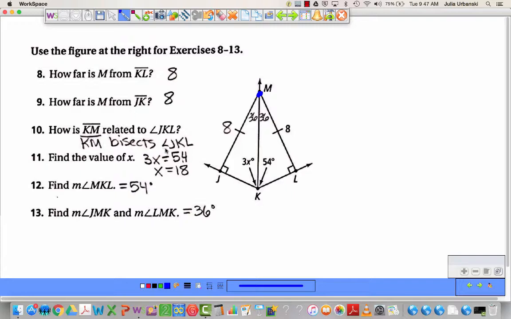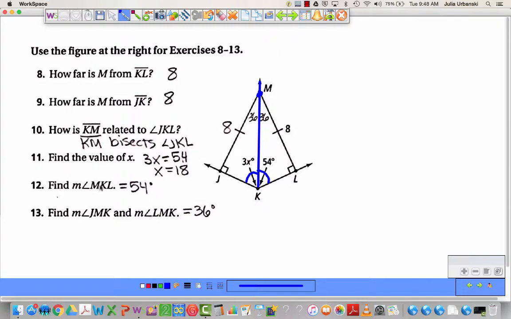How is KM related to JKL? KM becomes the angle bisector because the point M is equidistant to the two sides. That means that this angle is getting cut equally in half. So that's why I said that 3x has to equal 54. Therefore, divide by 3, x equals 18. And for number 12,